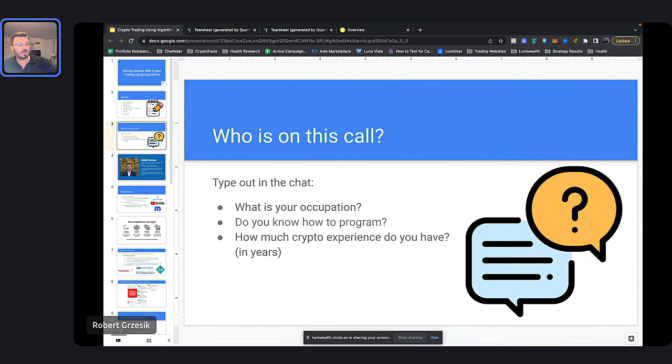Cool. Okay. So, and obviously this is the sister course. The algo trading course is about trading for stocks. Okay, cool, Richard. That's awesome. So algo trading is about doing this for stocks, and then this is about the same thing, but for cryptocurrencies, right? So there are some differences between the two.